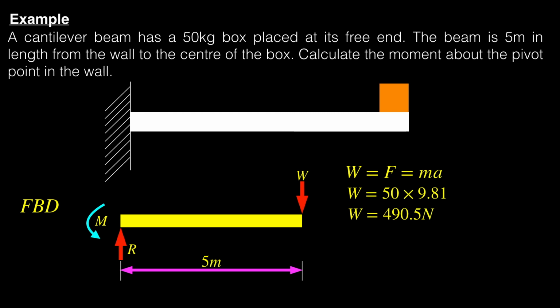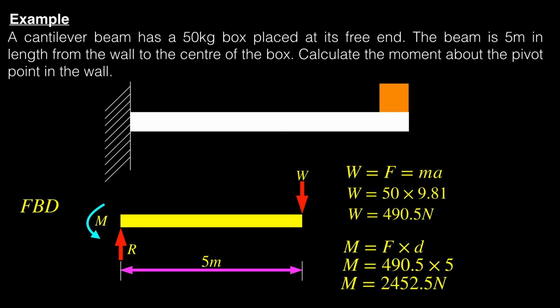downward direction. From here, we can simply substitute back into the original equation that we learned, which is M is equal to F times d. We know that d is 5 meters, and that F is now equal to W, which is 490.5 newtons. So M is equal to 490.5 times 5, which equals 2,452.5 Newton meters. As you can see in this free body diagram, there is a force R which acts in